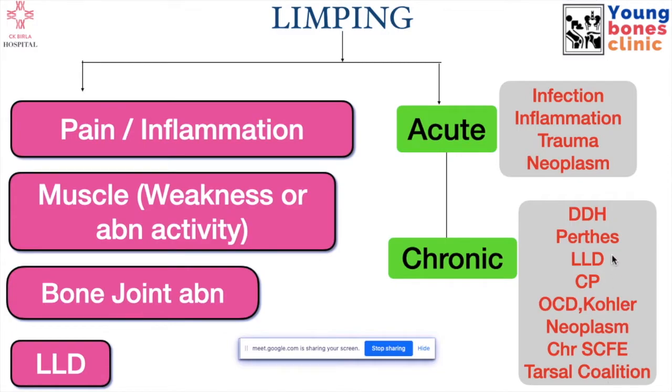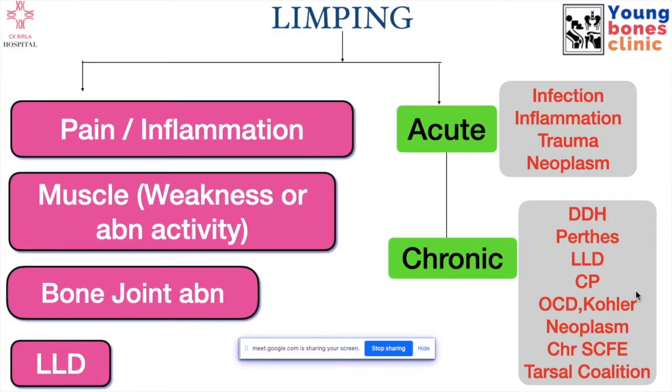So I won't be going into the details of all of it. I'll focus on the clinical diagnosis and how to approach a limping child, and the child may have anything. More important is whether the presentation is very acute or very chronic. Is the child suddenly limping for 2 days, or has the child been limping for long, limping since walking age, the child became 5 years old but he may still be limping.